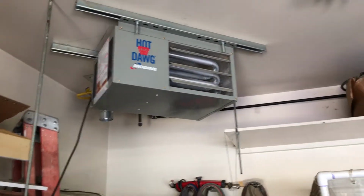What else? Let's see. As far as storage goes, a bunch of wood storage up there. I put that heater in there during the winter, which was pretty awesome. More storage up there. I don't like to store too much stuff, but